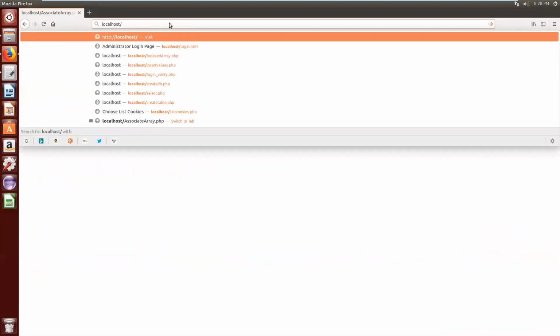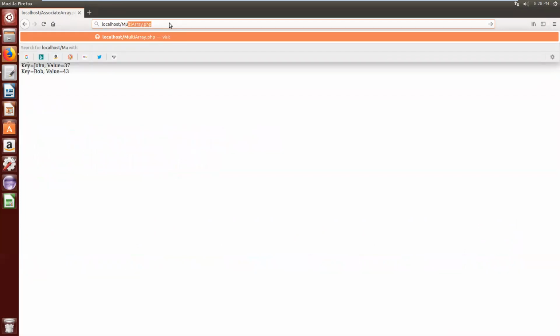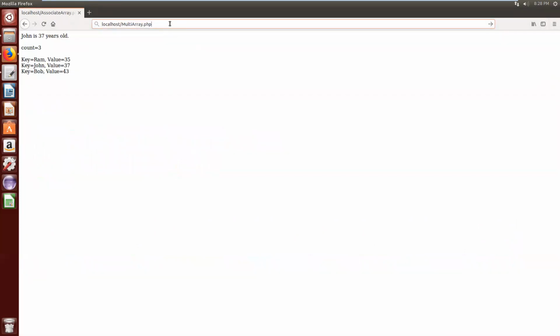Same as before, for executing PHP programs, we need to open the browser. From the browser only we can run the programs. So open the browser and type the complete URL, wherever it is stored. As we know how to store the elements, in previous lectures I explained how to store the PHP program and where to store this PHP program. So just let me explain the output of this program.